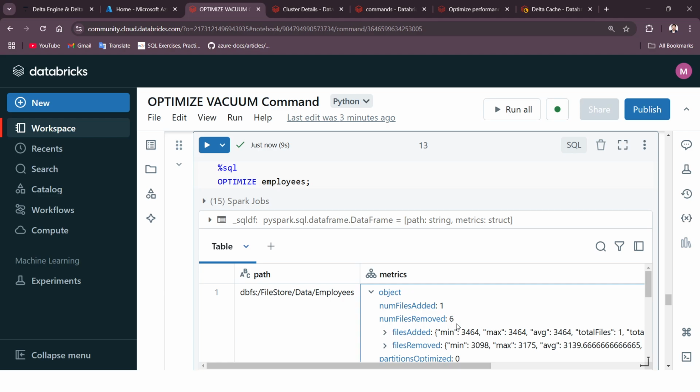When it says six files removed, it means that going forward the Delta engine would not refer to those files and would only refer to the latest combined file after the optimize operation. But those files would remain present in the DBFS location. They are just removed for references. If you see the DBFS again,